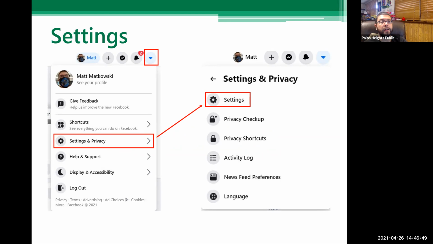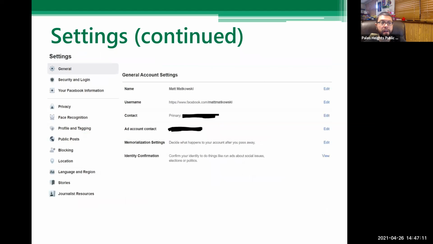You click down there and you'll get what's on the left-hand side here: shortcuts, help and support, display and accessibility, log out, or settings and privacy. When you click settings and privacy, it switches to the menu on the right-hand side, and there's a separate button there for settings. So you click settings, and that pulls up this web page.